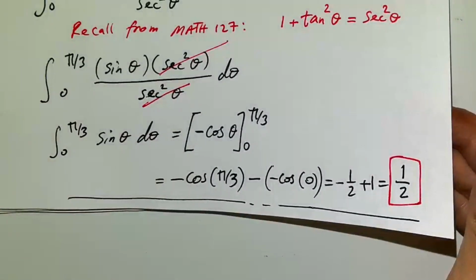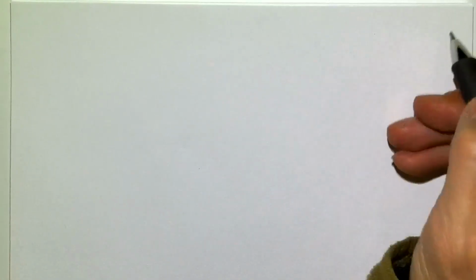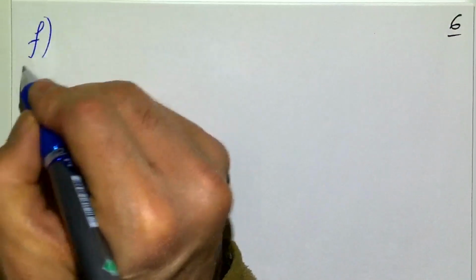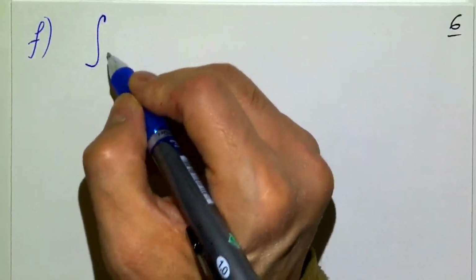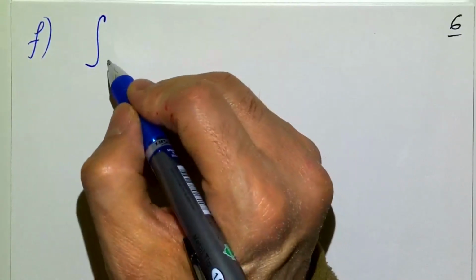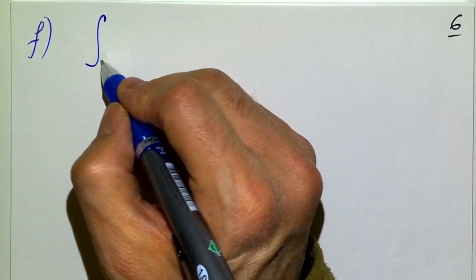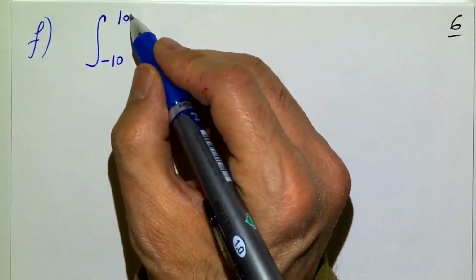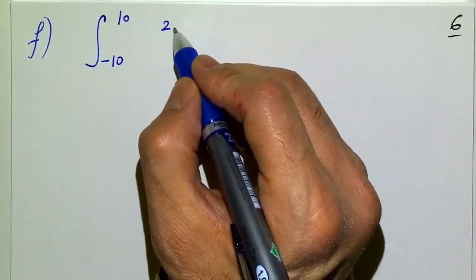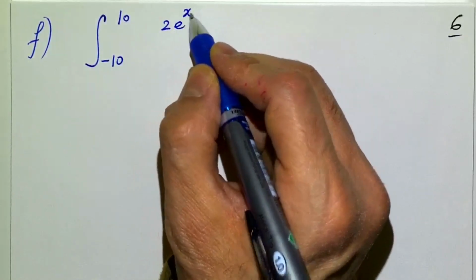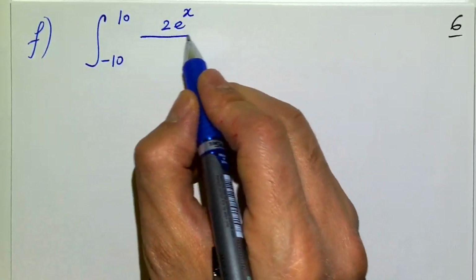Okay, so let's go over the next example. So that was part E. Let's call this part F. So suppose we have the integral from negative 10 to 10 of 2e to the x, the natural exponential function,